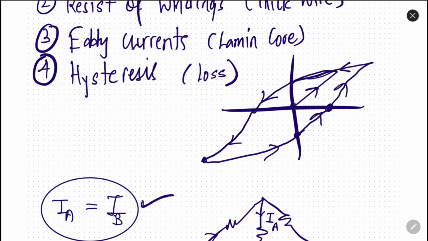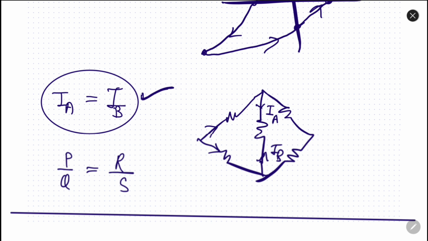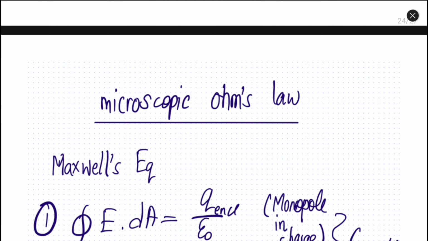But if you apply the magnetism or current in the opposite direction even further, you will achieve a value here. Again, if you go back to zero current or zero external field, you will not go back to zero magnetism in the object. There will be some magnetism left. So in order to achieve zero magnetism in the wire, we have to apply the current in the opposite direction. So this is the hysteresis loss. Whenever the current is reduced to zero, the magnetism of the material does not become zero instantaneously. So this hysteresis loss is also there.